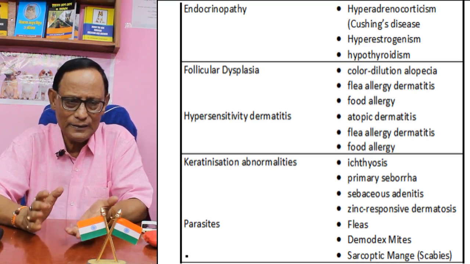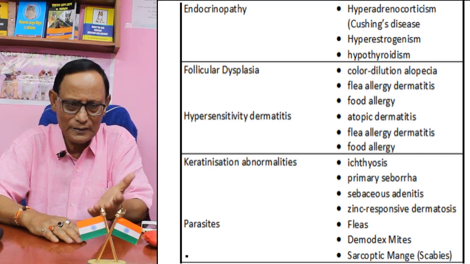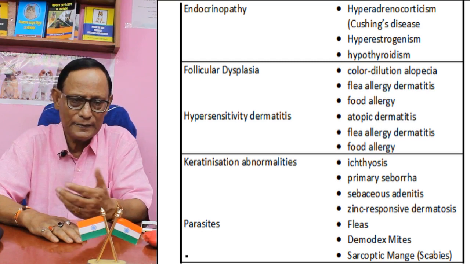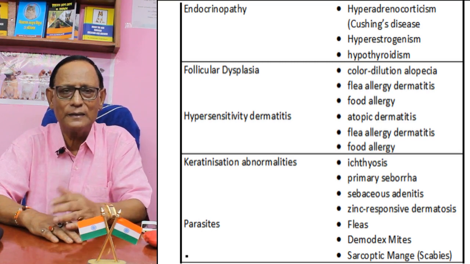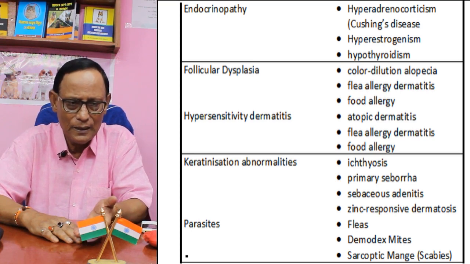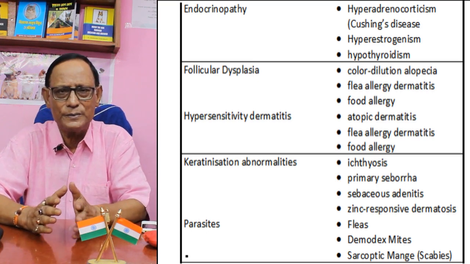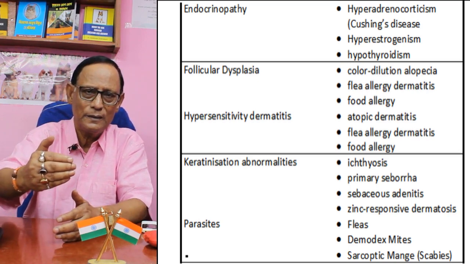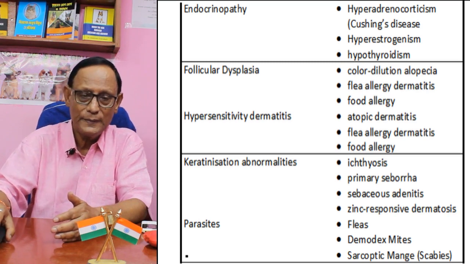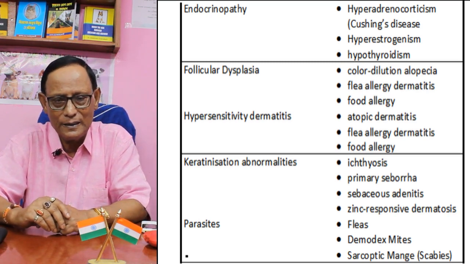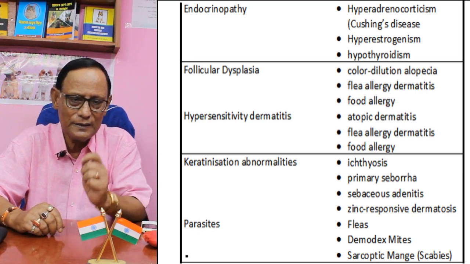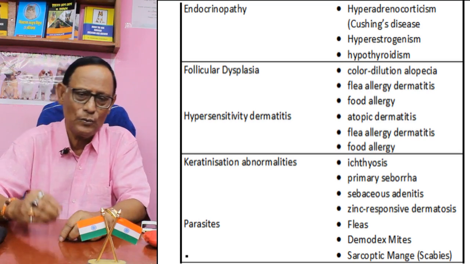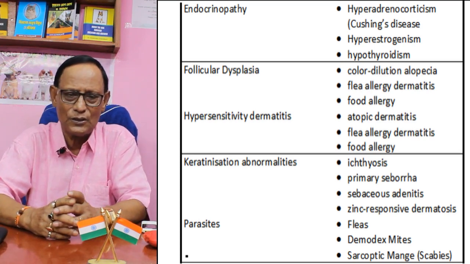Then there may be keratinization abnormalities, that means there may be ichthyosis, primary seborrheic dermatitis, sebaceous adenitis, and zinc responsive dermatosis. We have seen that if there is a deficiency of zinc, in that case there is again recurrence of the pyoderma in spite of treatment. Again there is recurrence of pyoderma because there is less zinc. That means zinc responsive dermatitis. That means one has to give some zinc preparation along with the